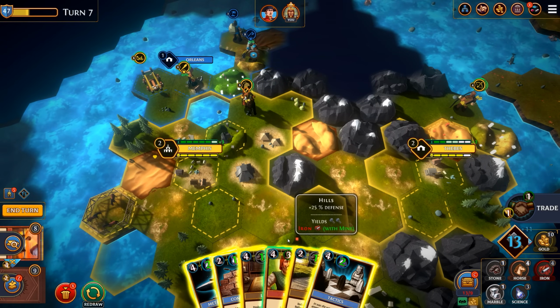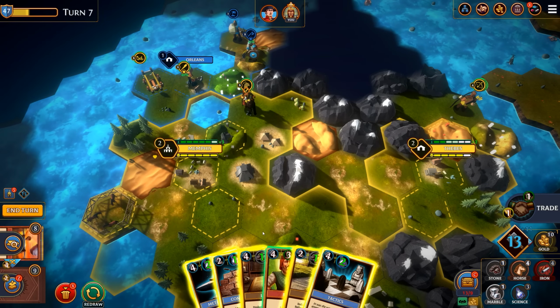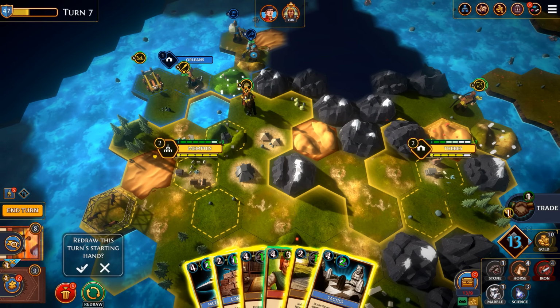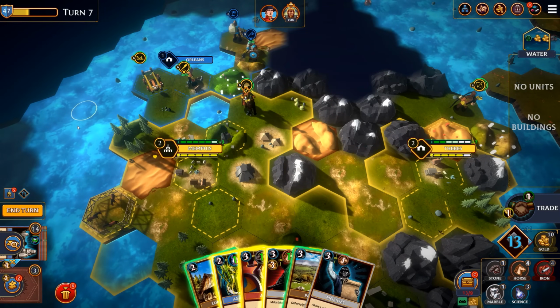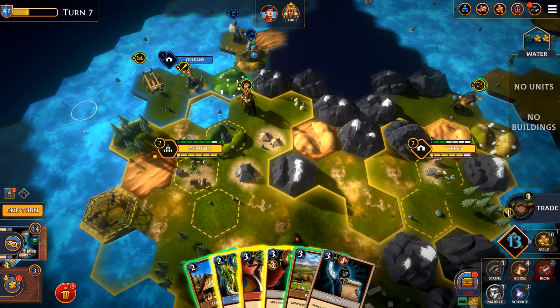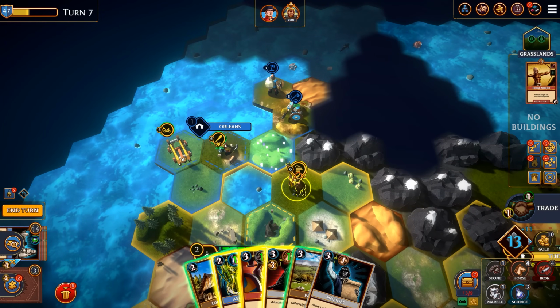I could actually do a mulligan on this hand. I guess I could. Yeah, I'm going to do a mulligan on this hand. I don't know. I just feel like the only thing I would get out of that is really a road. Nothing else jumped out at me as extremely exciting. Okay? So, we are going to move